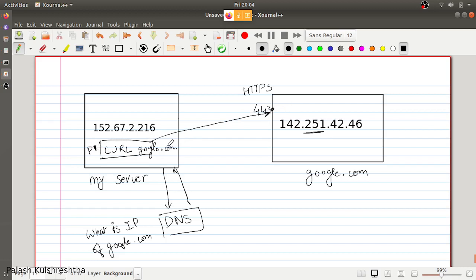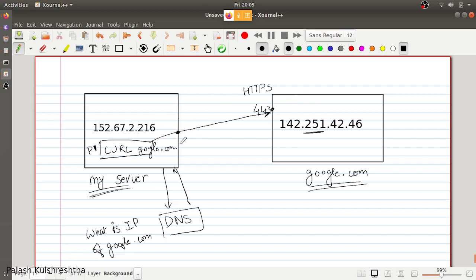Whenever two systems are interacting, we know that google.com is approached on port 443, but my server is also speaking to this server via a particular port.